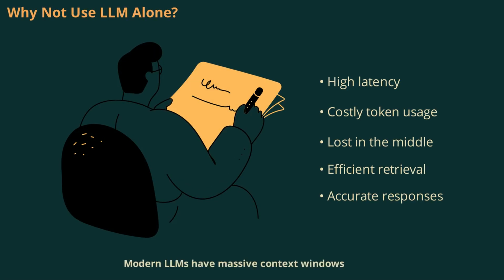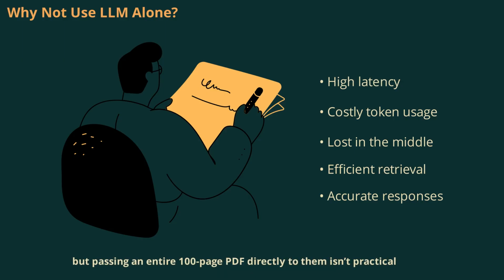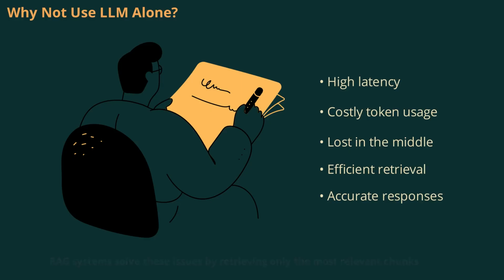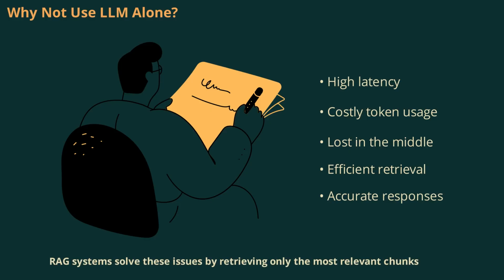Modern LLMs have massive context windows, but passing an entire 100-page PDF directly to them isn't practical. It leads to high latency, increased costs, and the lost-in-the-middle effect, where LLMs struggle to recall specific information buried deep in large prompts. RAG systems solve these issues by retrieving only the most relevant chunks, ensuring efficient, accurate, and cost-effective